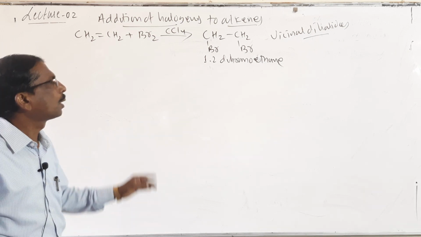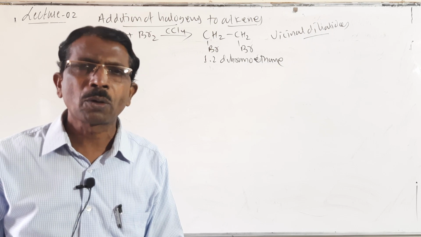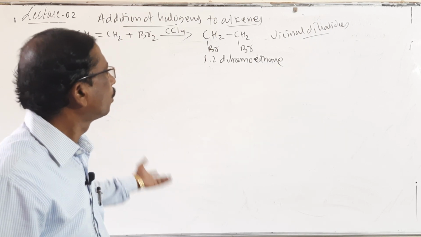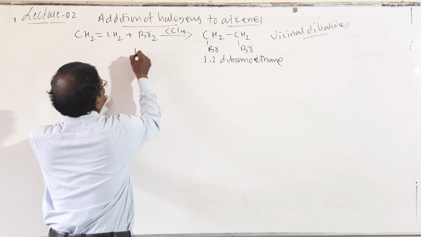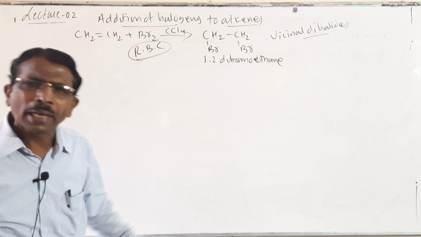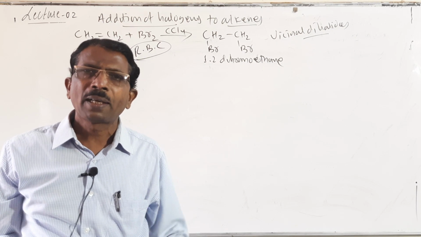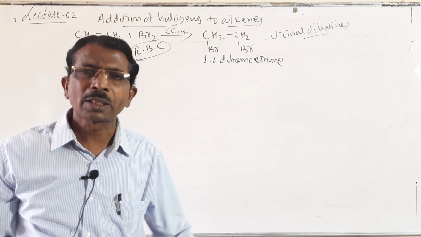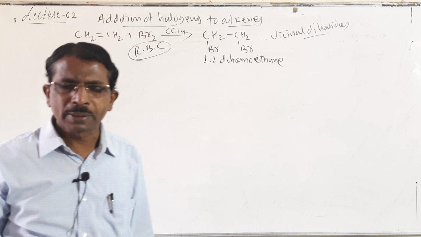So students, it is also a method of preparing compounds containing dihaloalkanes. You may write any example here. The reddish brown color of the bromine is discharged. It also indicates the position of the double bond. You may take propene, or 2-butene, or 2-pentene; it indicates the position of a double bond. It is the general method.